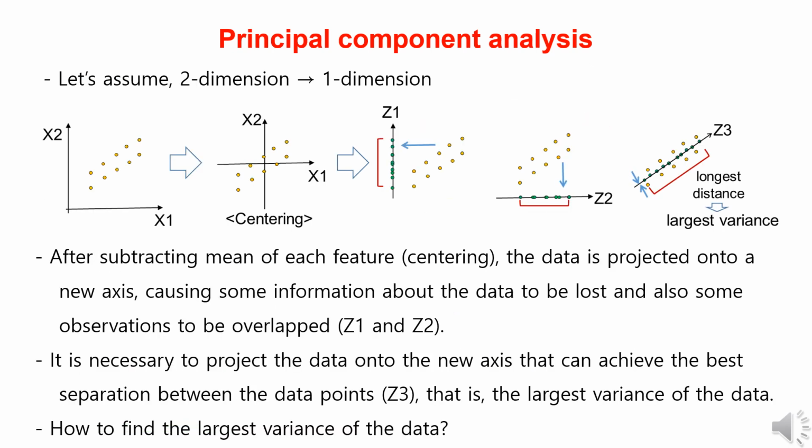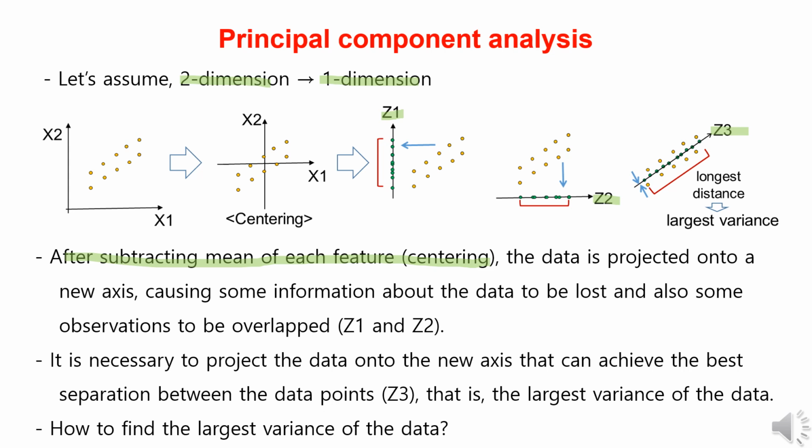To further aid understanding, let's consider dimensionality reduction from 2D data to 1D. In PCA, we aim to find a new axis that represents the data distribution best from the center of the data. Therefore, we are interested in the variance of the data. So, the data points are mean-centered, and then moved vertically onto a single straight line. Now, among the 3 axes shown here, Z1, Z2, and Z3, which one should we choose for projection to be